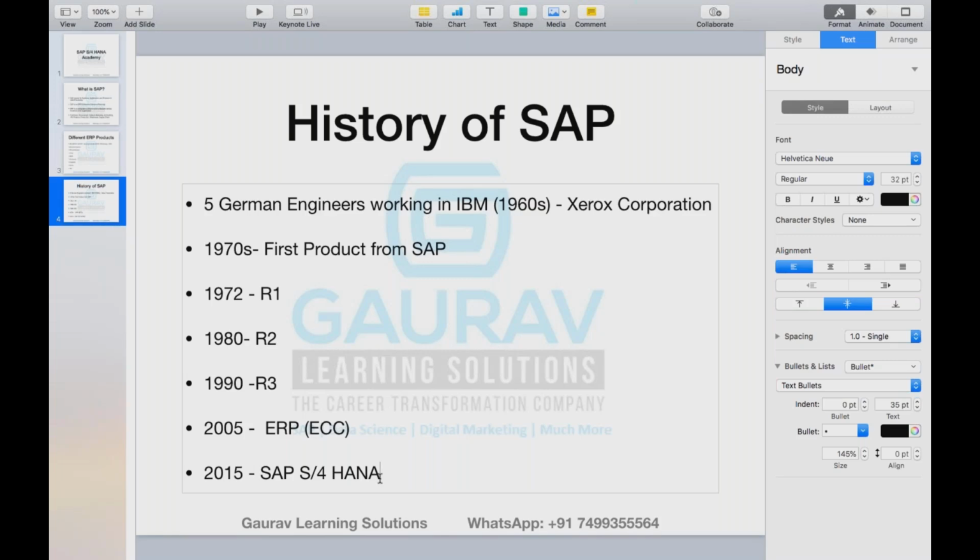See, there are two things. When I say consultants are not available, don't think about those consultants who are just certified. Just certification is not enough. Okay, if you feel that I have done the certification, I became an SAP S/4HANA consultant, that is not going to be the case. If you want to become an SAP S/4HANA consultant, you need to understand the topic. You need to work on the system. You need to get lots of hands-on, and then only you will be able to say I'm a successful SAP S/4HANA